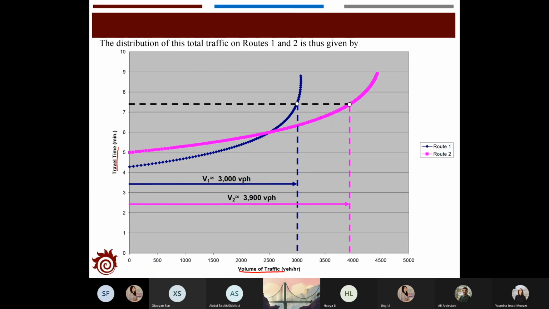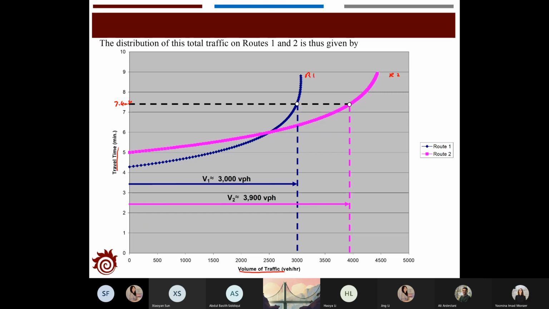And we find that the travel time from A to B is 7.4 minutes. So if we start from the travel time of 7.4 minutes and draw the horizontal line, you're going to intercept with the relationship for route 1